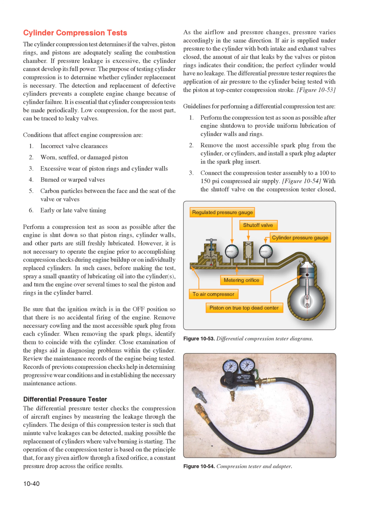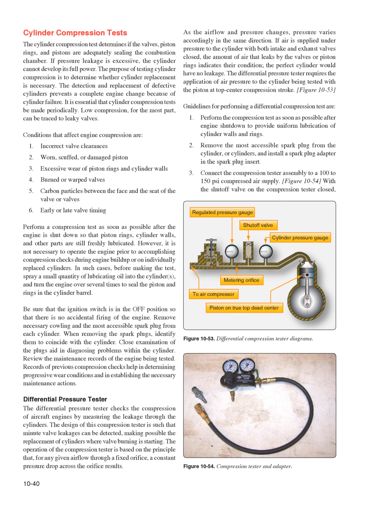The differential pressure tester requires the application of air pressure to the cylinder being tested with the piston at top center compression stroke. Figure 10-53. Guidelines for performing a differential compression test are: 1. Perform the compression test as soon as possible after engine shutdown to provide uniform lubrication of cylinder walls and rings. 2. Remove the most accessible spark plug from the cylinder, or cylinders, and install a spark plug adapter in the